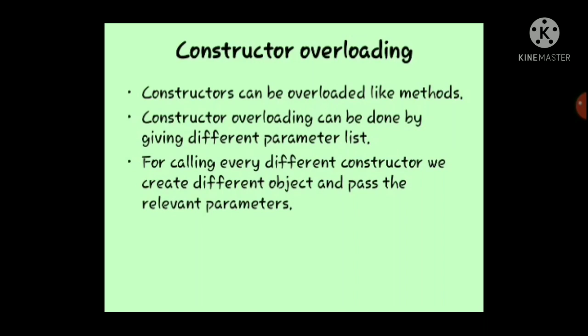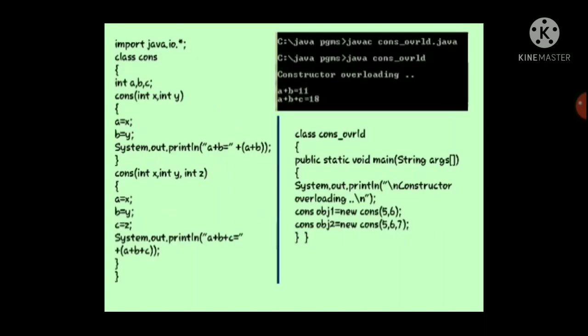So when constructor overloading is done, you have to combine this concept here. More than one constructor would be there. To execute every constructor, we have to create new objects. So we are creating multiple instances. That is the concept. See this example. Cons is the name of the class. You can give any name for the class, but because it's about constructors, I gave cons.